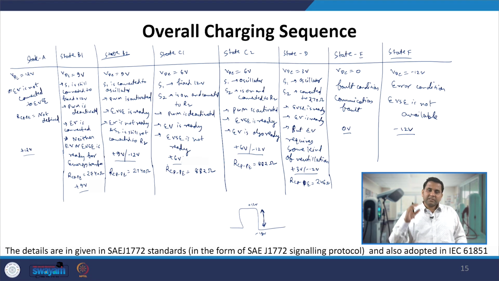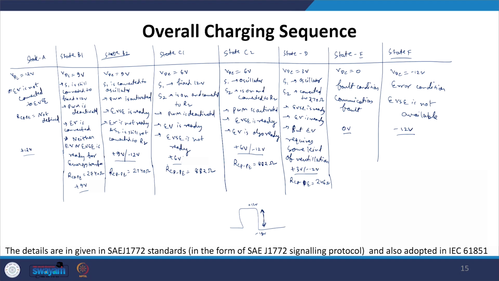That means it's the BMS which tells the onboard charger to make sure that this much voltage and current should come at the output of the isolated DC-DC converter. To make the decision, the BMS must also know what the maximum value is which can be drawn from the EVSE, and that is obtained by defining the duty ratio.